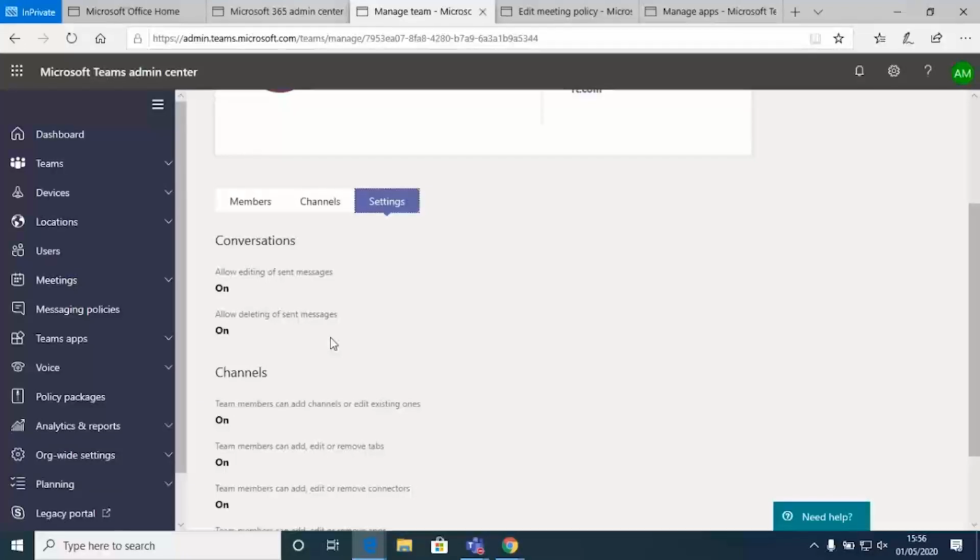One other thing that also comes up quite a lot for us with our customers is that people want to know that they can audit Teams chats. That could be for an HR reason, maybe there's a really unfortunate staff bullying case, or it could be for a compliance reason or a legal case. You want to know everything that's happened on a particular topic. So what you can do is on either an individual team basis or globally within the platform, you can turn off the ability to edit or delete messages. Effectively, when a message is sent, that would then be locked and the user would be unable to change it.